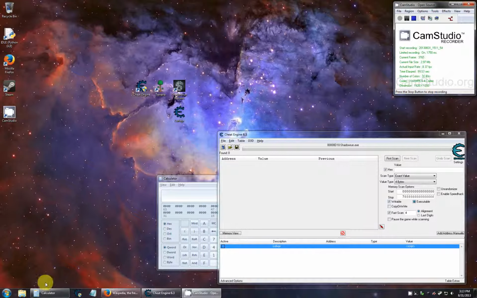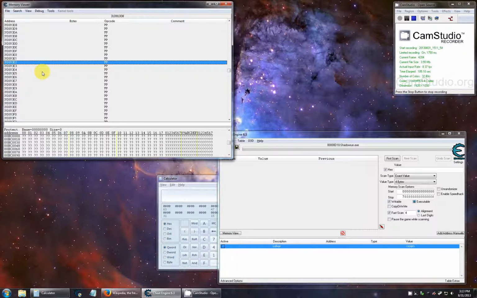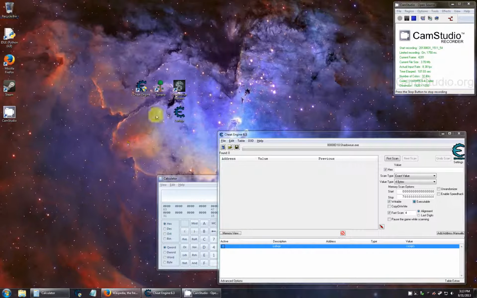Now, if you want, you could go into your file system and find the crash report and dig out some addresses and stuff like that. But it almost doesn't even matter, because all the memory view and stuff that Cheat Engine is going to show you in here is blank because it doesn't exist anymore. So without further ado,